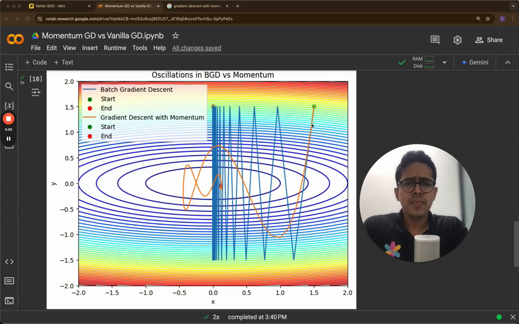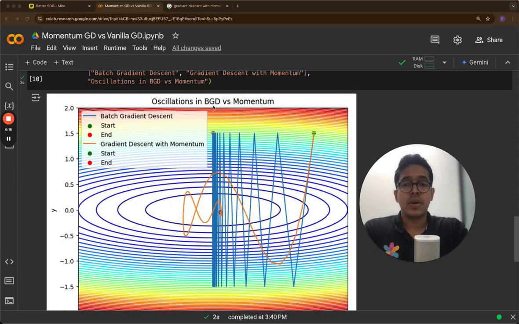And one more thing, here actually there is convergence, because this orange curve started at 1.5, 1.5 and it finally ended at 0, 0. On the other hand, I think the ending point for the batch gradient descent is over here, where it has not converged onto 0, 0 yet. So we will see this when we also plot the loss. So let me close this and let me plot the loss,